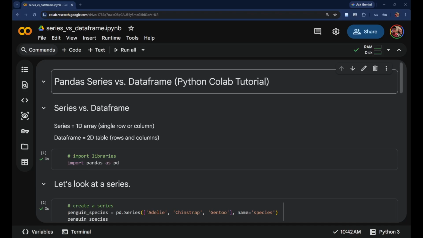Okay, in this video, I'd like to show you just a really simple and easy way to look at series versus data frames in Pandas. So we're going to be coding in Python here in our Google Colab environment. And I just want to show you and tell you a little bit about the difference between these two things